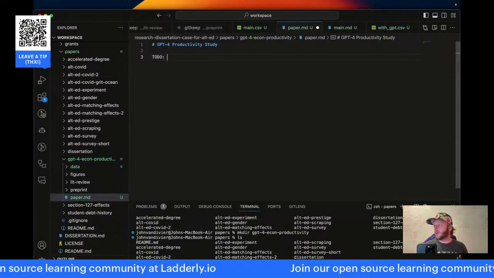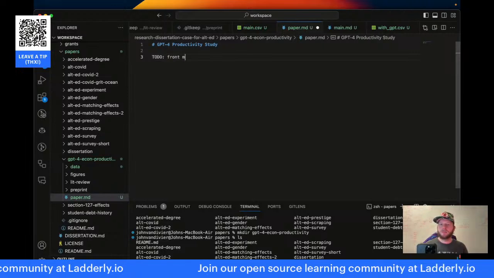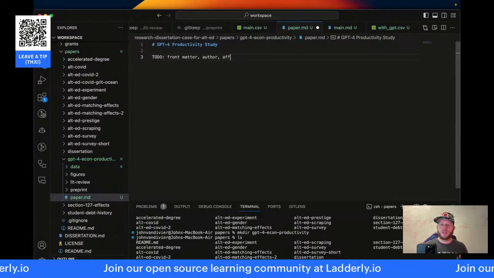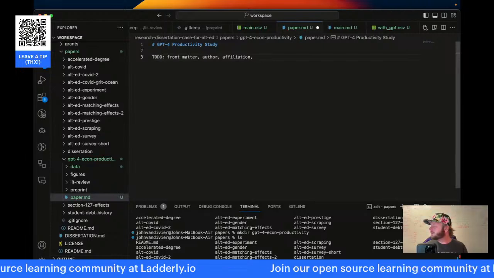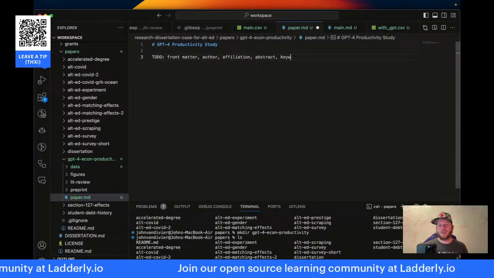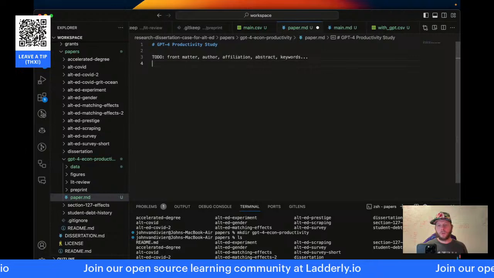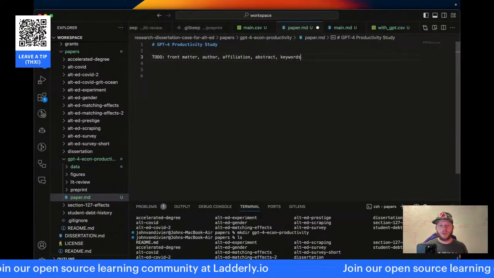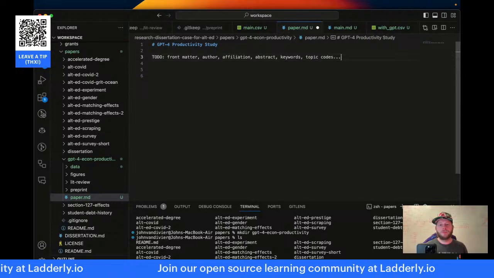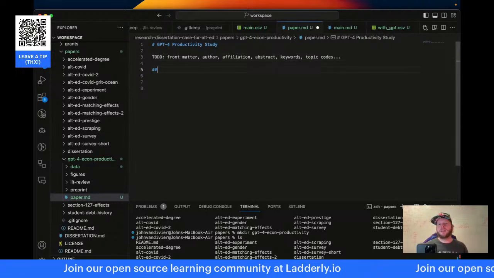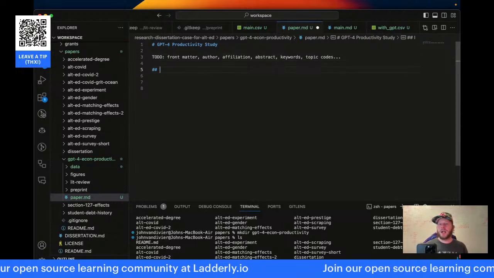To do front matter: author, affiliation, abstract, keywords, codes, topic codes. Okay, then we'll come down here, and this will be the background and introduction.